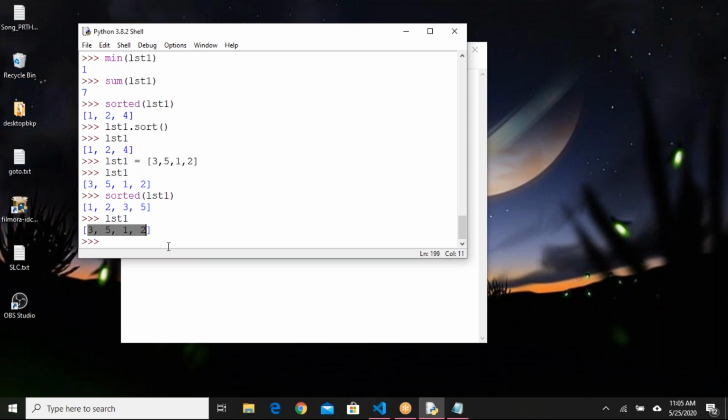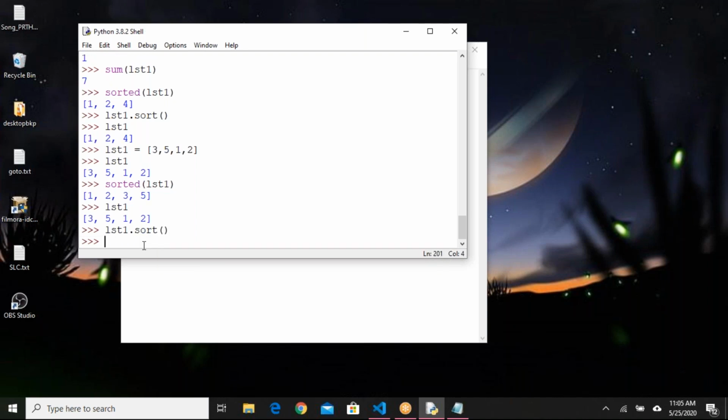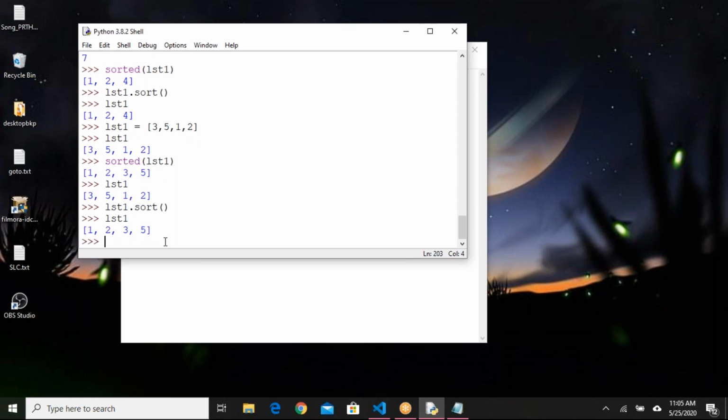That is how you have to remember. For example, list1.sort. Here what happens? It will rearrange the elements of the list. If I say list1, you see 1 2 3 5, the actual elements will be rearranged. In the same way, we have a method called reverse.